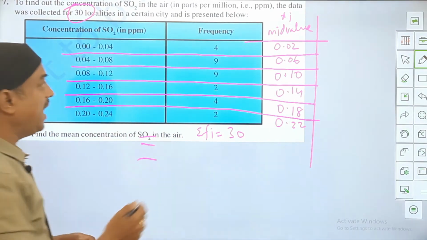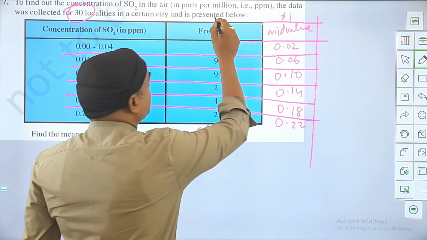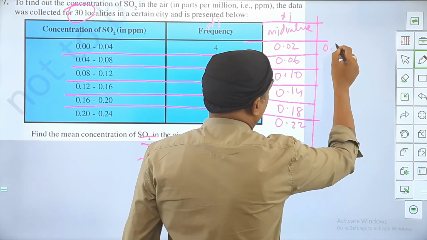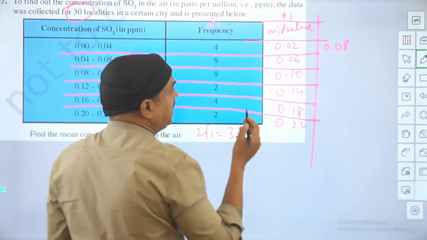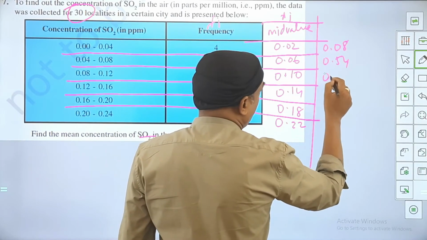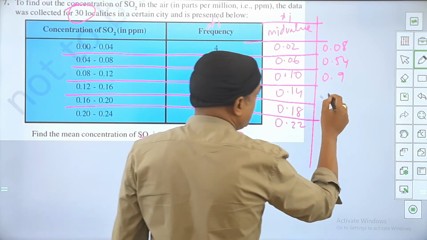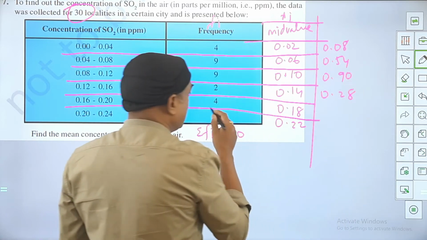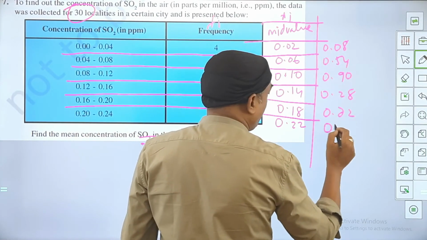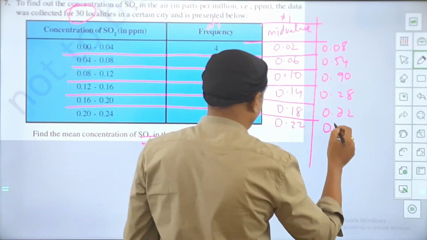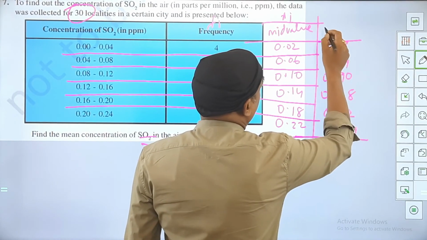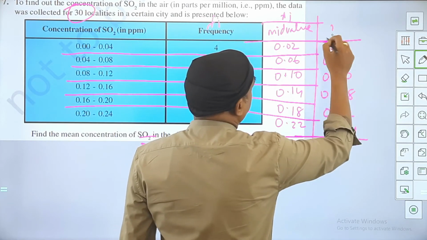Okay, I completed the table, and now you can see the values of Fi and Xi are small values, so I can directly multiply. So what will it be with this number? 0.08. If I multiply 9 into this, 9 6s are 54, so 0.54 I get. Multiply these two, 0.9 I'll get. Multiply these two, 0.28 I'll get here. The next number is 0.72 I'll get, and finally 0.44 is what I get here. So I got numbers, and this you all know, I did the summation, Fi into Xi.